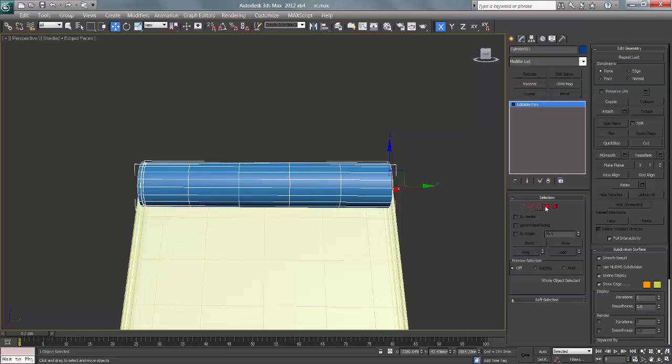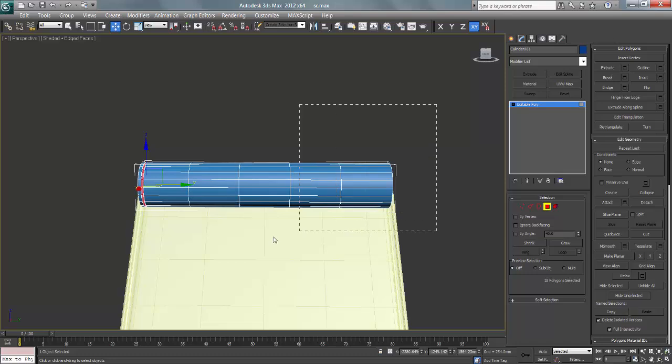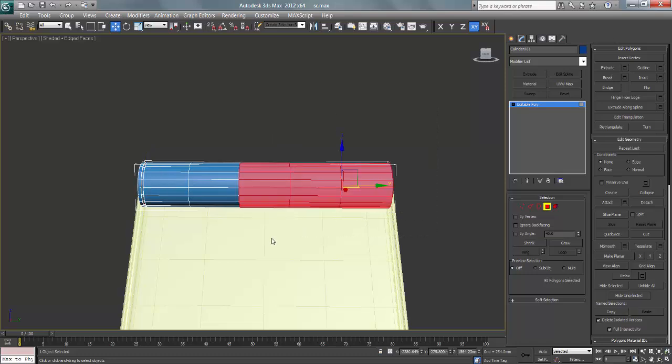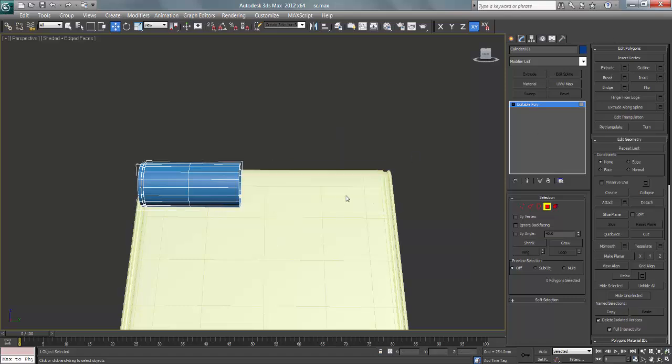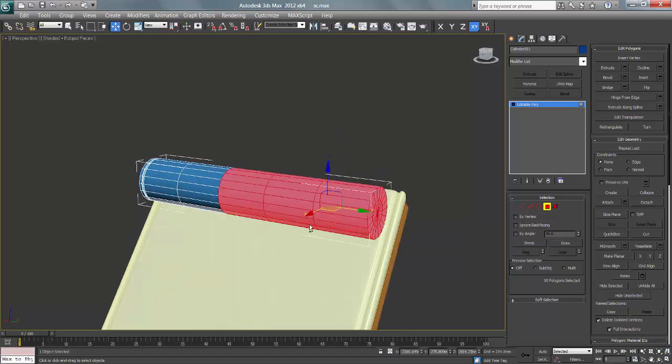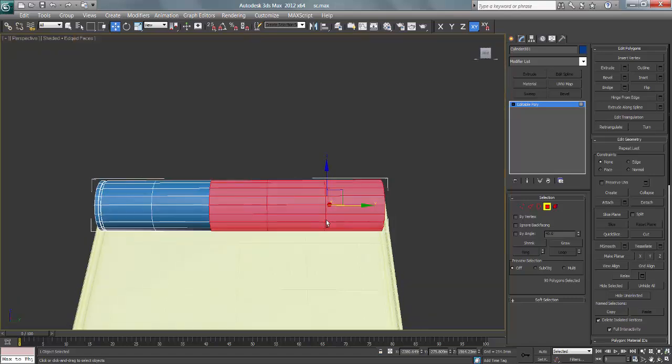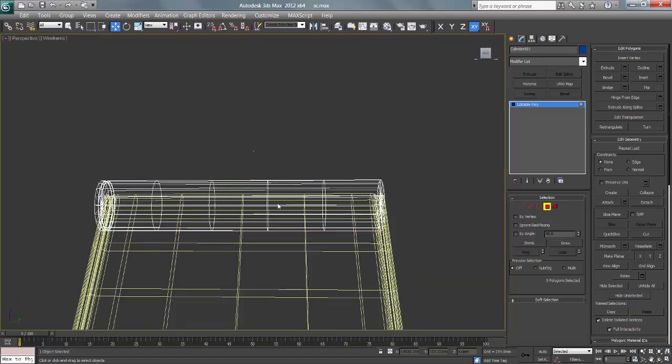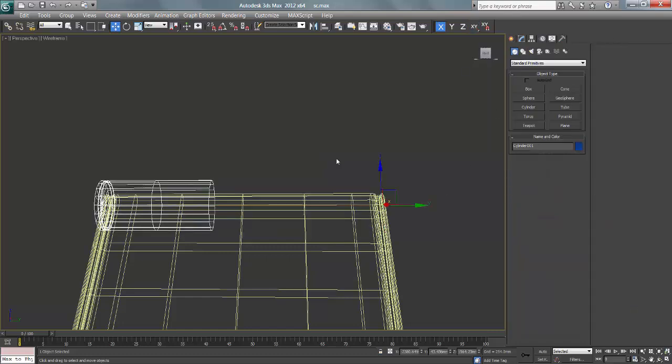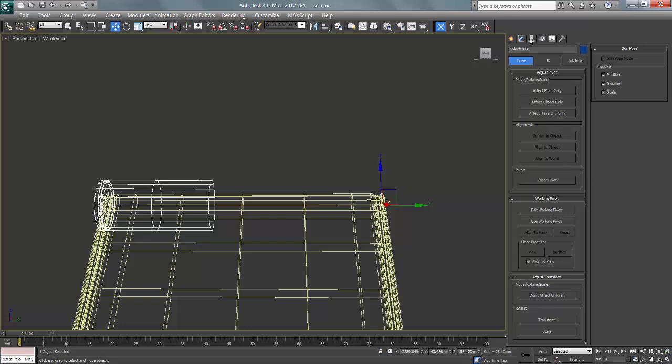Go to modify, so select till here. What is happening? Delete. And now I'll go to,